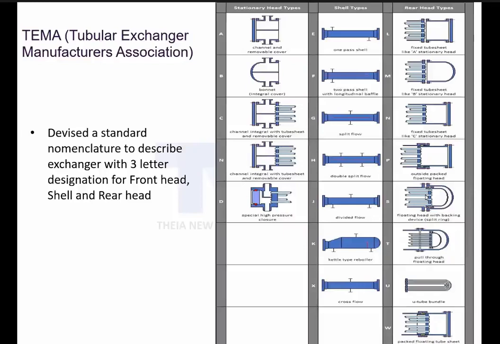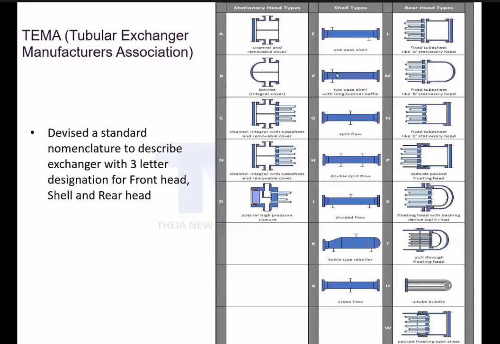Much better than S is T. T is much better than S, but it's very costly because you need to have a bigger diameter. The advantage of T over S is you can easily pull it out. When you want to pull it out very frequently, when more cleaning is required, then the T exchanger is preferred. But again, cost wise, it is more expensive than S. So mostly, if you see a refinery, you will see S type. Okay. Now let us think about the shell.